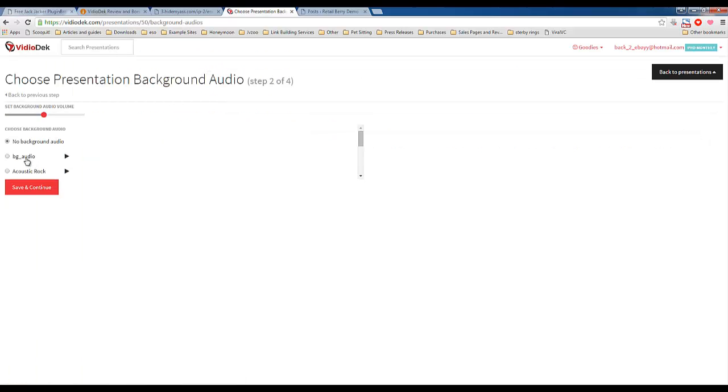And this is where you choose your background audio. As you can see, we have a lot of sounds to choose from, or not a lot, but we have a good amount to choose from. You can also use your own background music, but as you can see, you can preview them. So let's go ahead and use that as our background music. Sounds good enough to me. You can adjust the volume. And that's step 2. So now we move along to step 3, which is basically